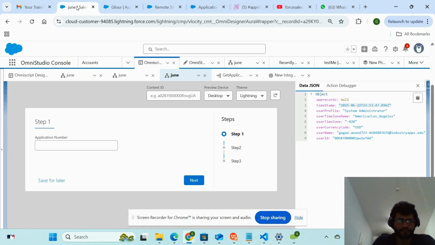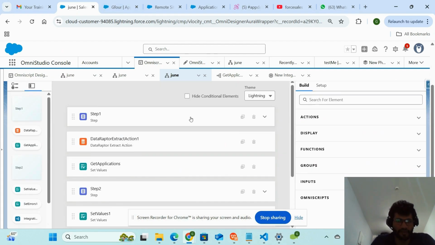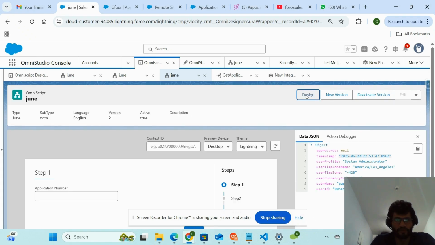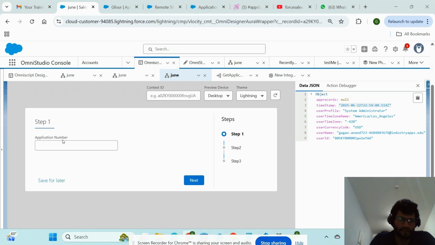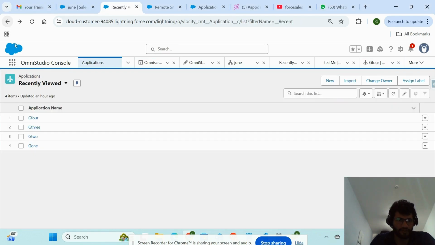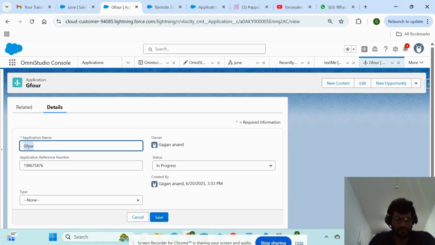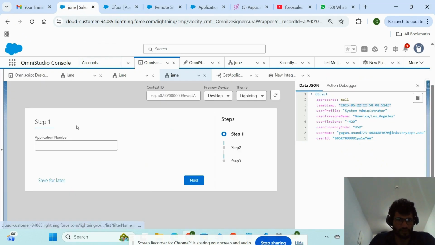So this is my org. This is the Omniscript that I built to give you the demo of this mini project. So let me preview this. This is a simple UI where my Omniscript is asking for the application number. This application number is nothing but an out of the box application object, and I have created some records. So if I take this reference number and put it there,